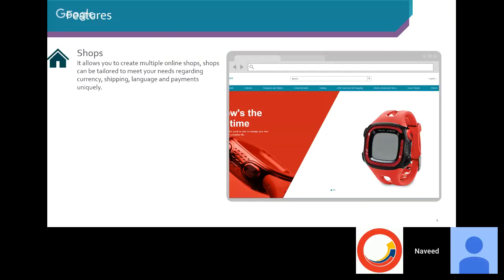language, or payments uniquely. So for example, if you're running a business which is selling in USA, Canada, Mexico, Ecuador, each of these four countries will have different payment requirements, different currency requirements, different taxes requirements. And if you just want to use one platform, you can use Sitecore Experience Commerce to manage all of that pretty easily